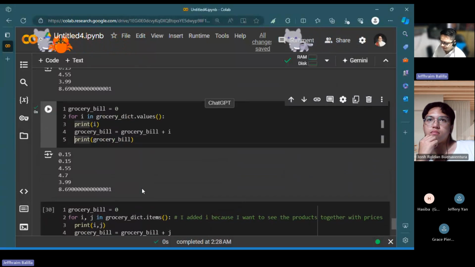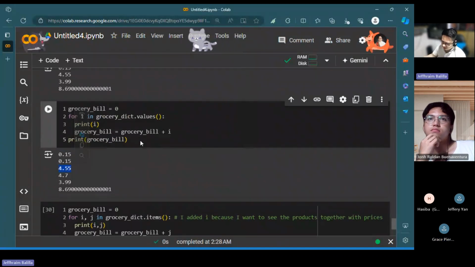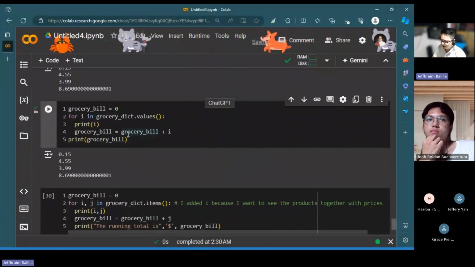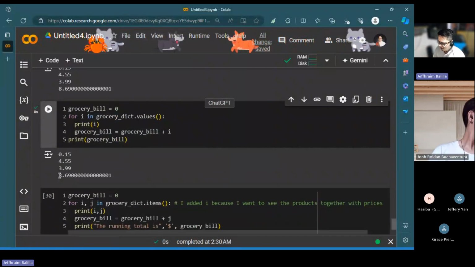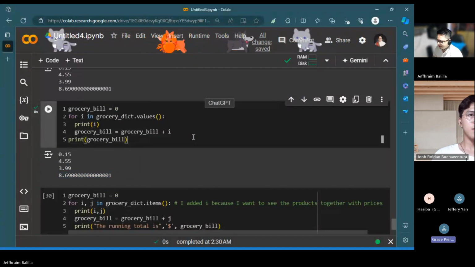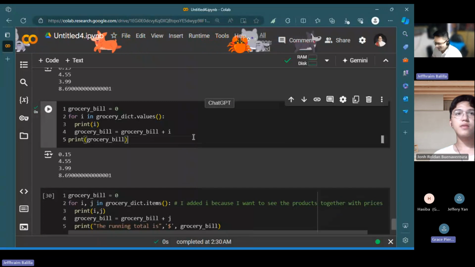So you would put the print here if you don't want to see how the values evolve. Remember, you're storing the value, you're updating it. So if you just want to see the final thing, you put it outside the for loop so that this is the final value. Put the total outside. But when you put it inside, it's looping and giving you a running total.